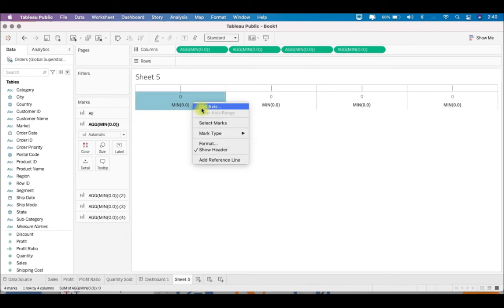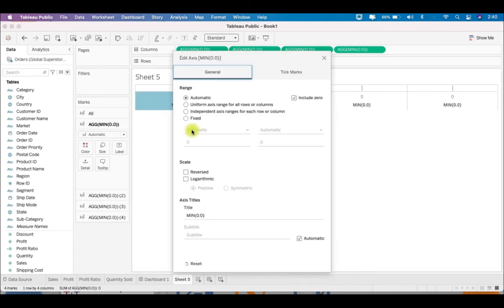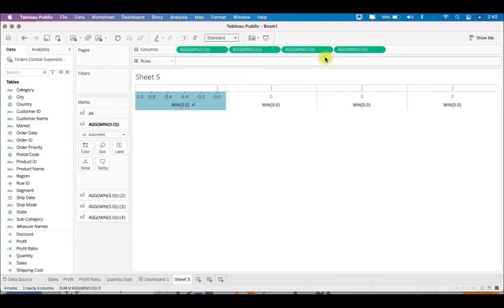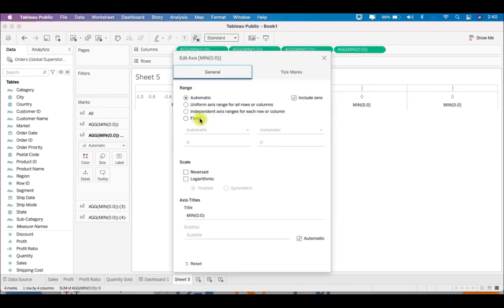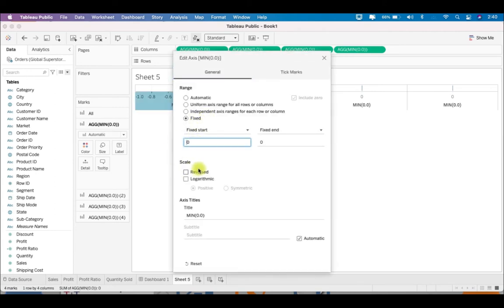Now for each of the axes, go here, edit the axis, and we have to fix it from -1 to 0.1. Okay, so this we have to do for all. This is just to make the alignment proper for our KPIs.